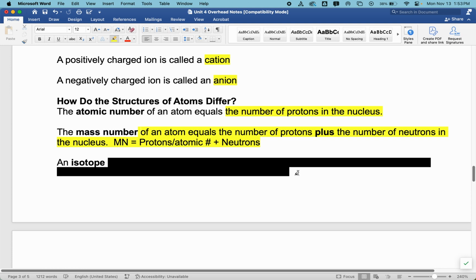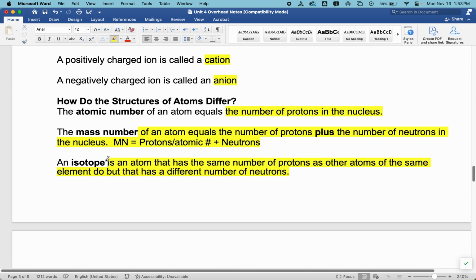Each element, though, has its own unique number of isotopes. And isotopes, it's the same element, but it has different numbers of neutrons. So, for example, every atom of sodium, always, find sodium on the periodic table on the left-hand side there, you'll see that every atom of sodium always has 11 protons. However, some of the atoms in sodium might have 10 neutrons, 11 neutrons, 12 neutrons. Scientists already know the exact number, but each of those different